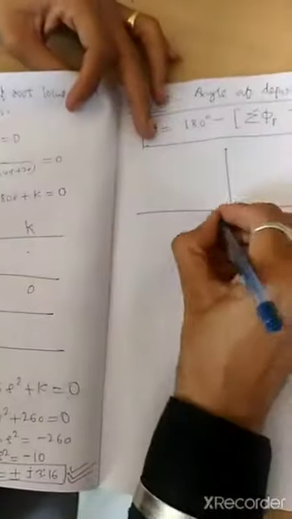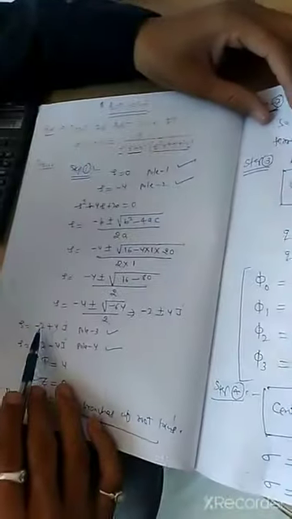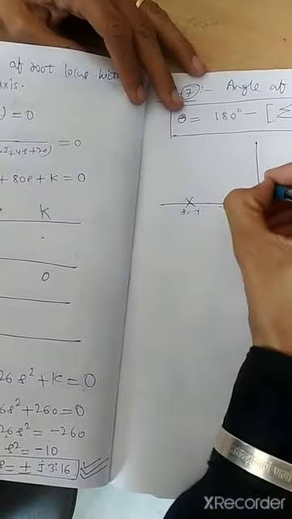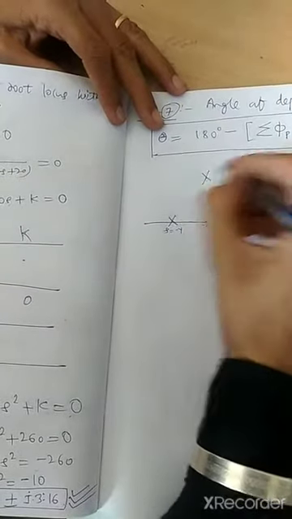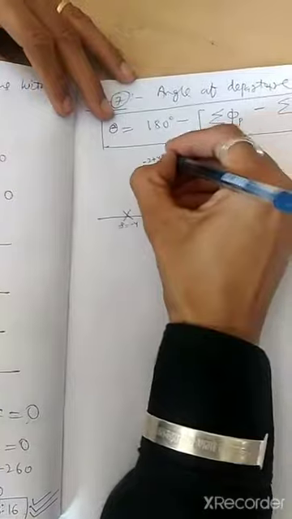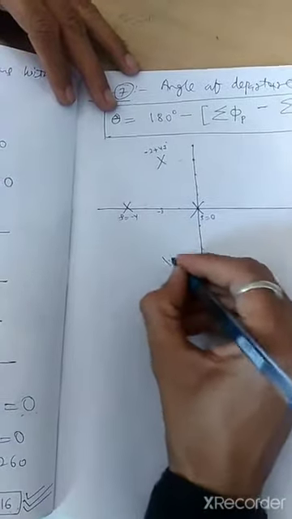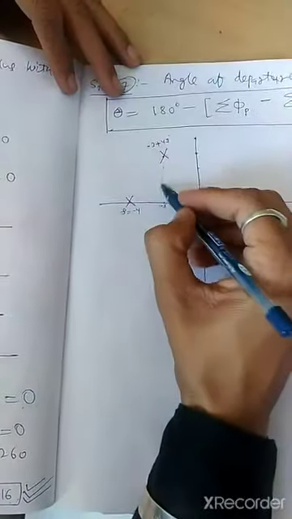Pole at s equal to 0, so I just denoted the pole at s equal to 0. Pole at s equal to minus 4, so minus 1, minus 2, minus 3 and minus 4. Poles at minus 2 plus 4j and minus 2 minus 4j. So there are a total of 4 poles. This one is minus 2, and j1, j2, j3 and this one is j4. So my pole is minus 2 plus 4j, and similarly here minus j, minus 2j, minus 3j, minus 4j, so here is minus 2 minus 4j. These are my 4 poles.